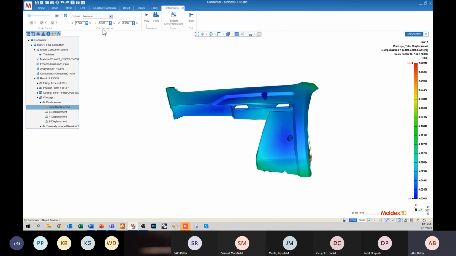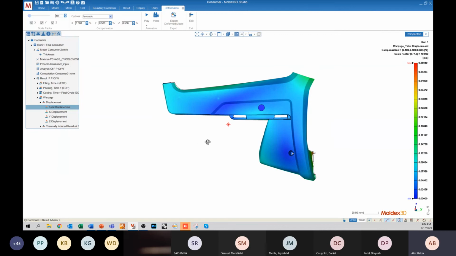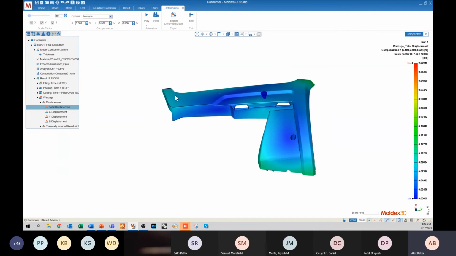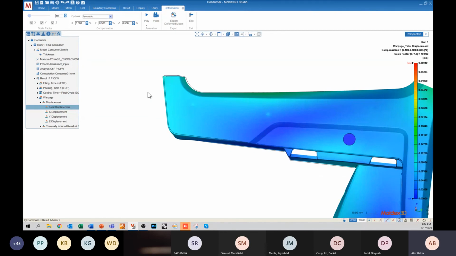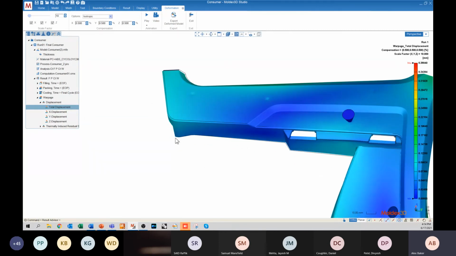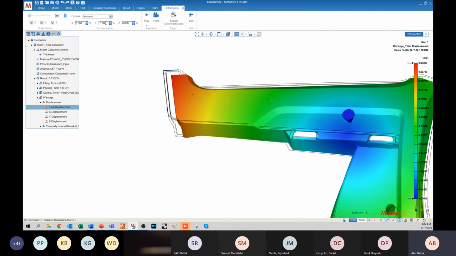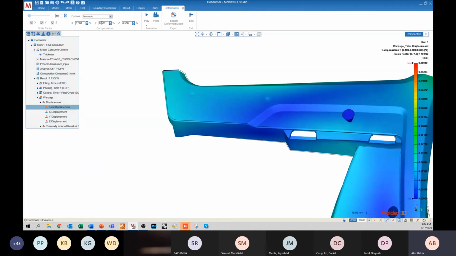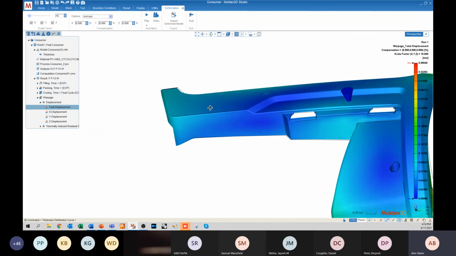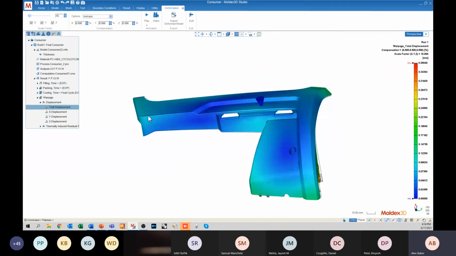Like I said, this removes the linear shrinkage. So any region that was a high displacement and is no longer a high displacement after the compensation was linearly shrinking. So obviously I'm going to pay attention to this guy right here. We saw that this was red without the compensation. Just go back to 0 real quick just to show you. So this was red with 0 compensation, but once I input, oh, now 50%. There we go. So once we have our compensation input, we see that this goes back to a blue color,